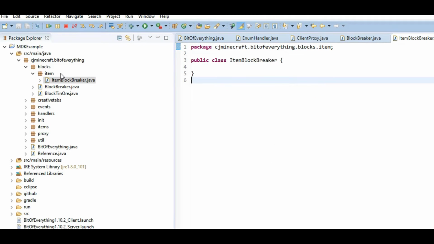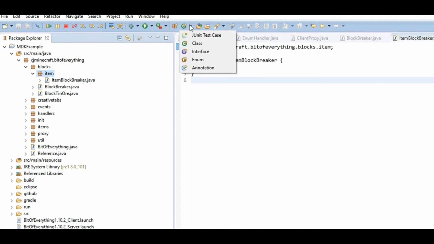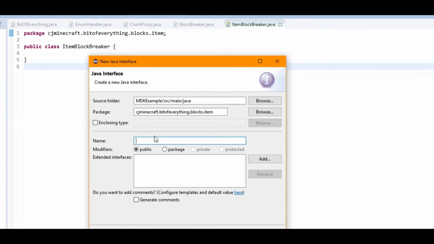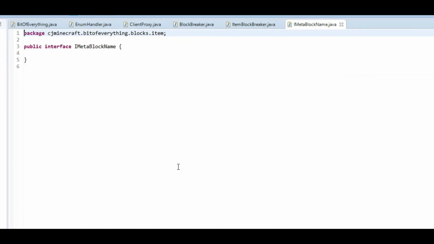Now before we fill this in, I want to quickly make an interface. By clicking this drop down box, click on interface, which is going to represent all of our blocks that should have metadata. So IMetaBlockName. This is just going to return our block name, but we need to make it so that our block breaker is an instance of this, and all it is is a string getSpecialName, and its item stack,